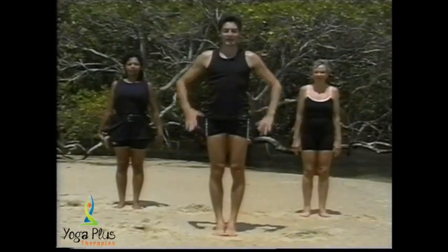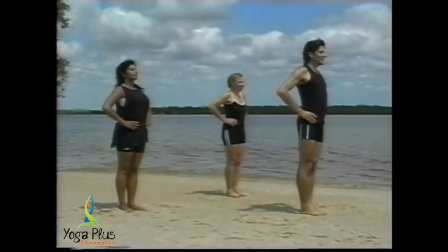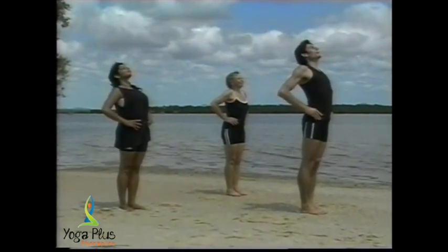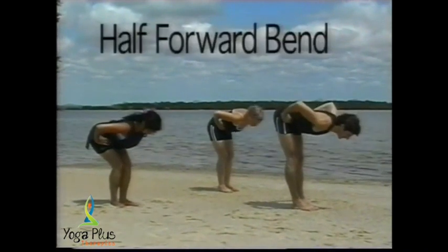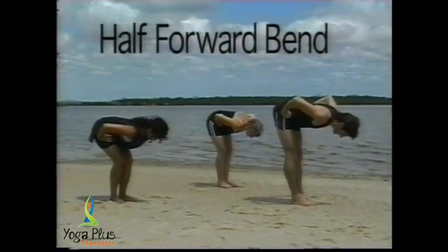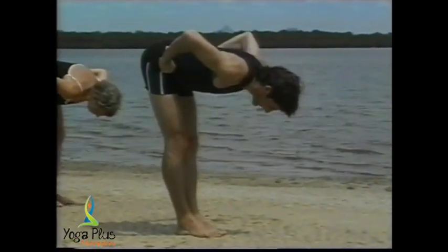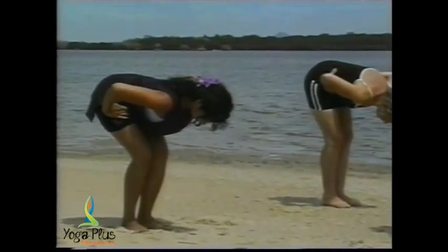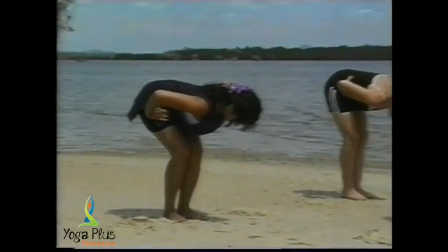Hands on your waist or hips, breathe in, keeping the posture long. Breathing out, bend from your hips. You can keep your knees soft or bent, but maintain the abdominal brace and the natural curve of the lower back. This is a counter stretch for the previous strong postures. Good. Come up slowly,